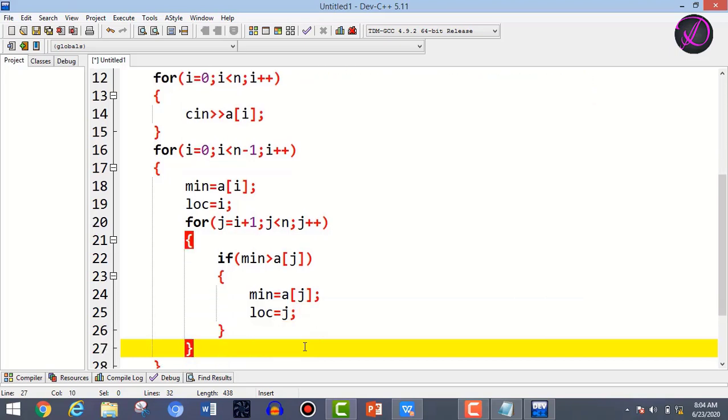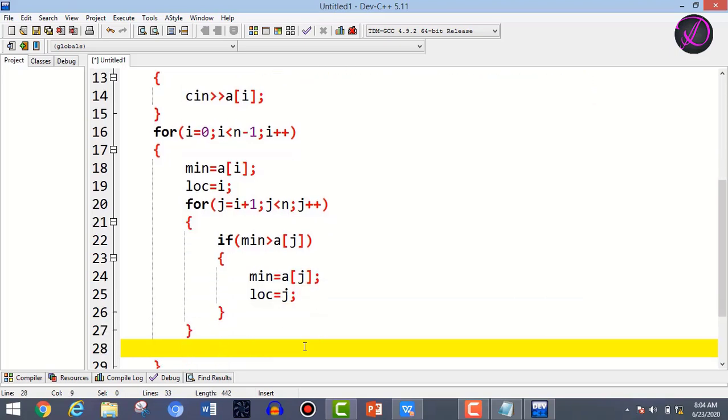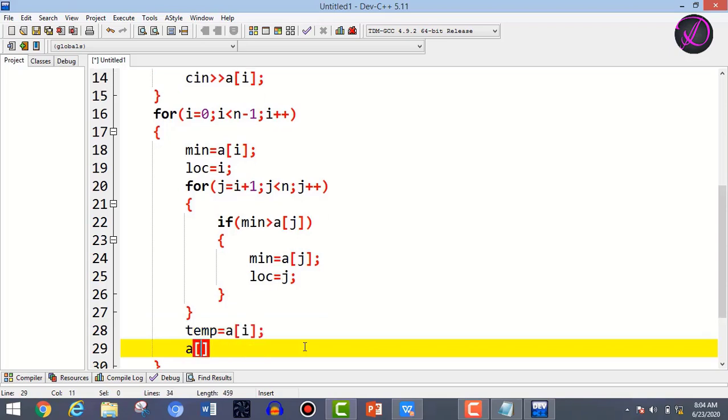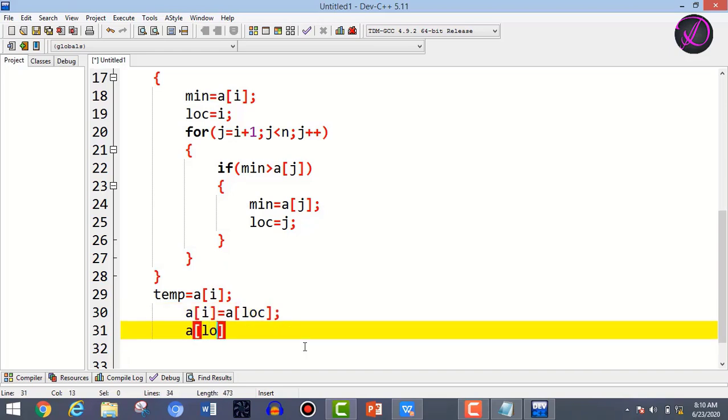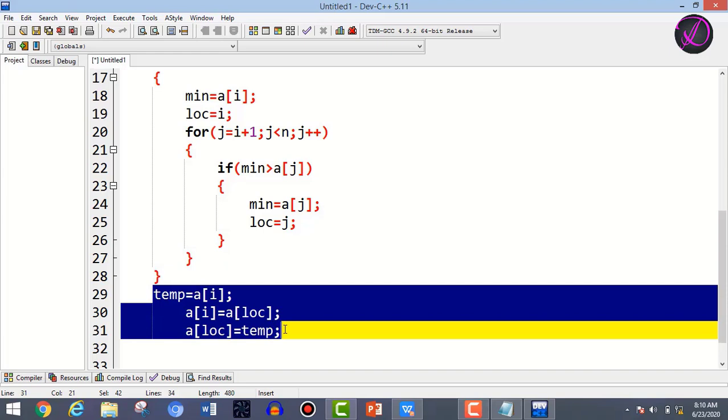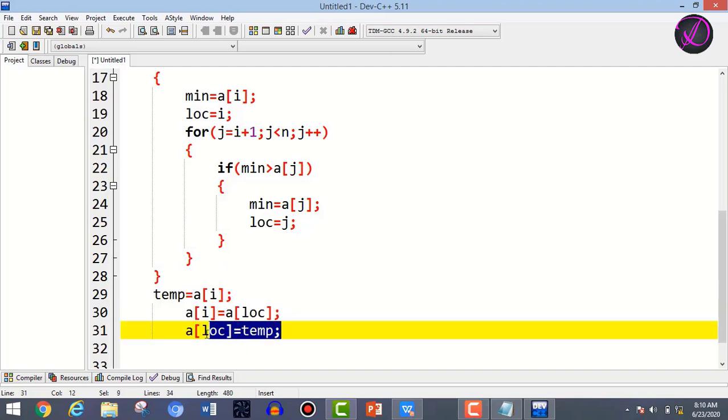Now you have to write temp = array[i]; and then array[i] = array[loc]; then array[loc] = temp; These three statements are basically used to sort the element list, because this temp variable will get the sorted